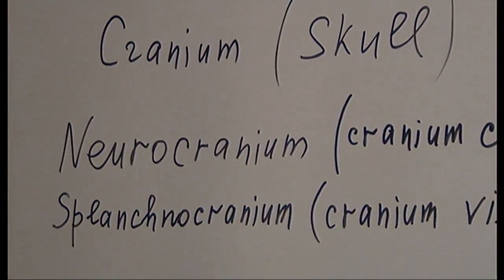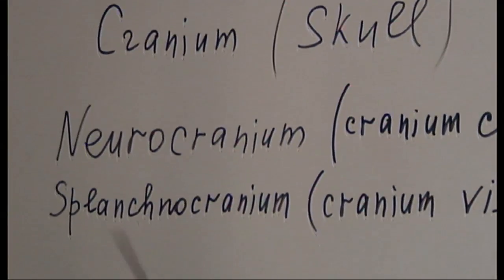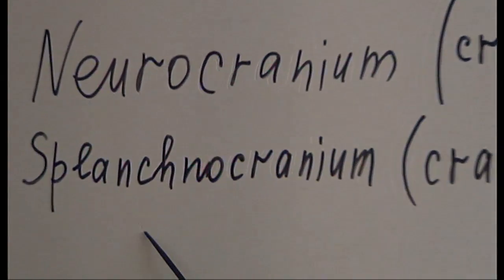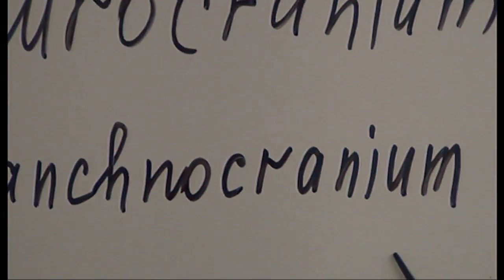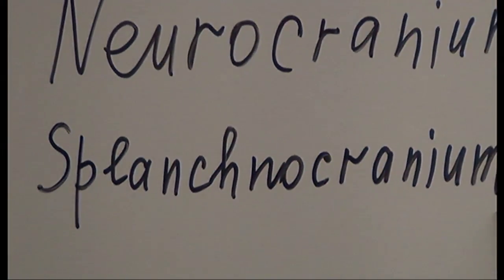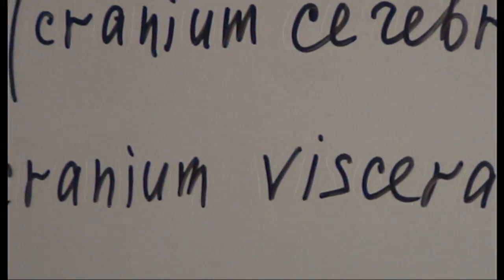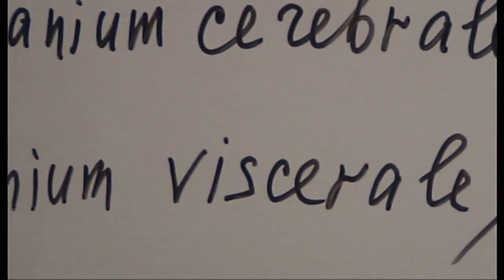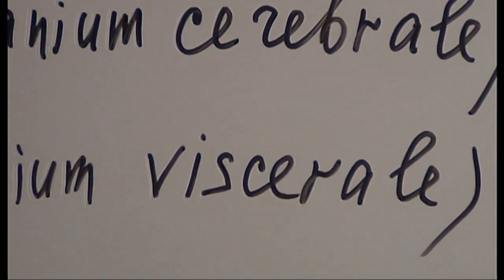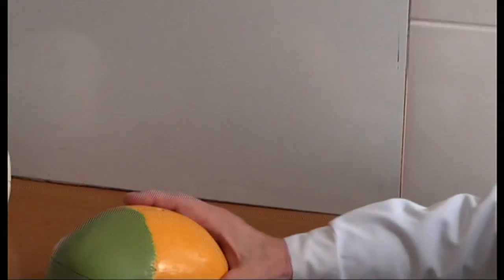And second part of skull named cranium viscerale or splanchno-cranium. Splanchno-cranium or cranium viscerale. Viscera means organs. And now let's look at the specimen. This is